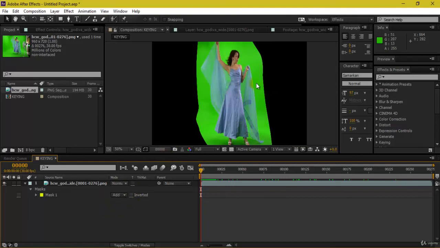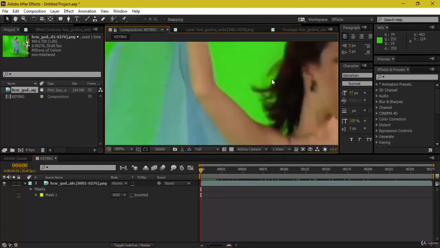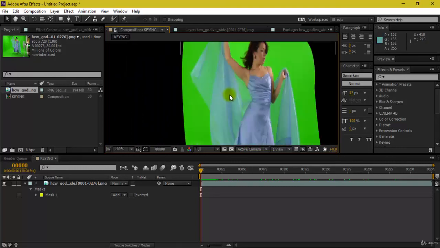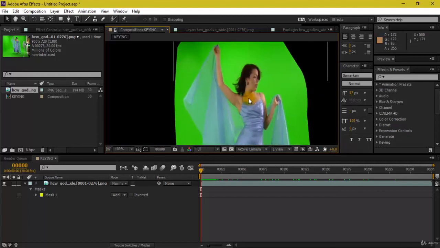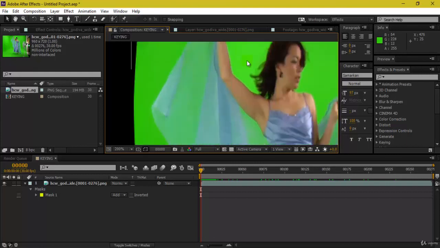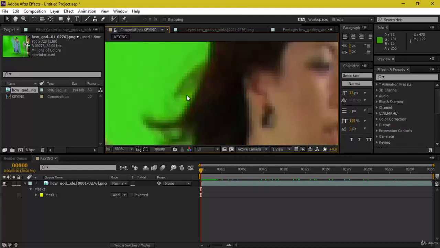Now we will be moving towards keying this out. As you can see, it's a slightly complicated footage. There is some hair of the character which needs to be maintained, and also there is some information of this cloth which is semi-transparent. That's the reason I have chosen this footage, where I'll be keying out very minutely, as I want to maintain 50% transparency on this cloth, as well as preserve the hair information of this character. Otherwise, if I just do a simple key out, the entire green here would be removed along with these hair strands over here. You can see these areas will also be removed.